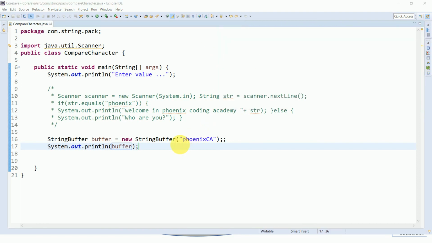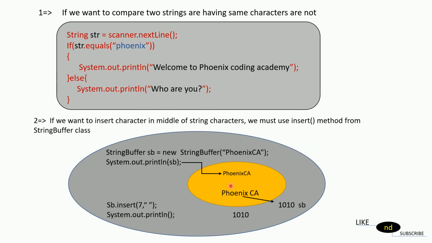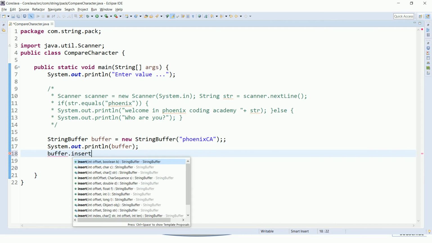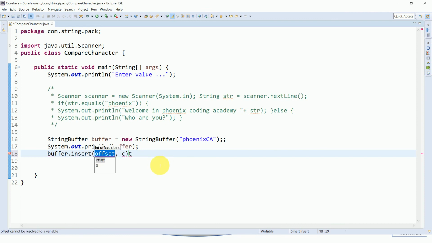So now I want to insert something between the characters. We will use the insert method, right? The buffer variable dot insert, seventh index, I want to insert a space, right?